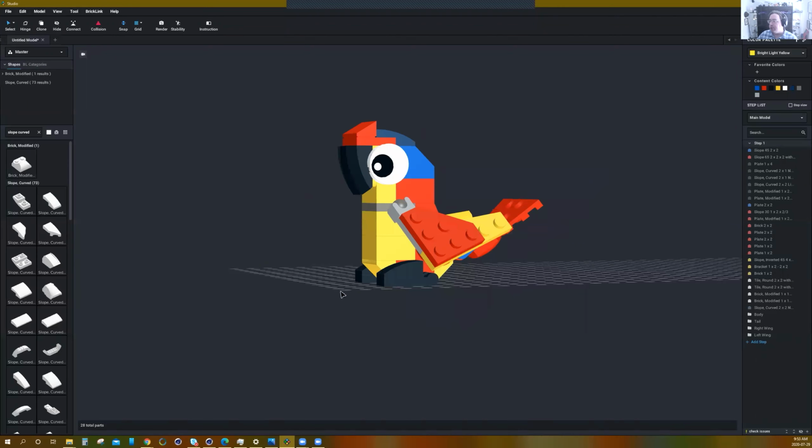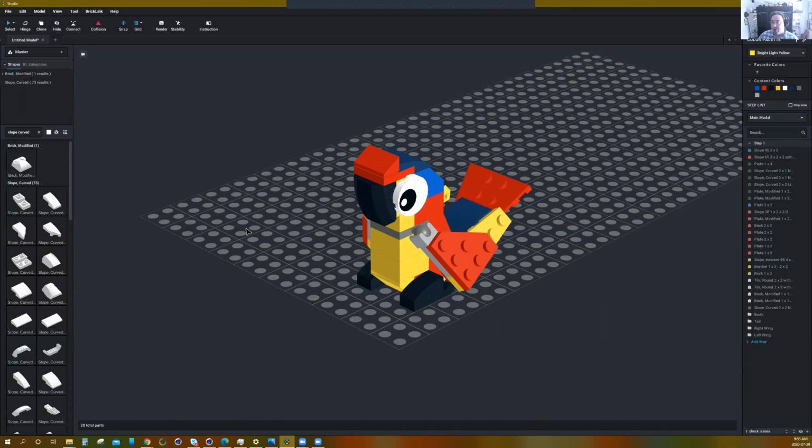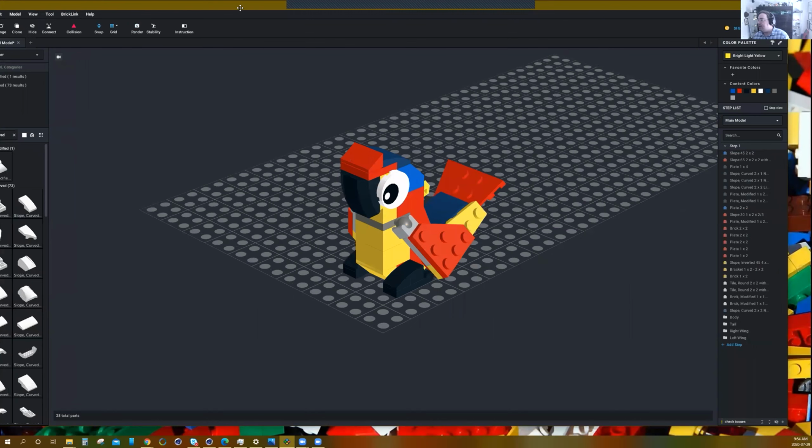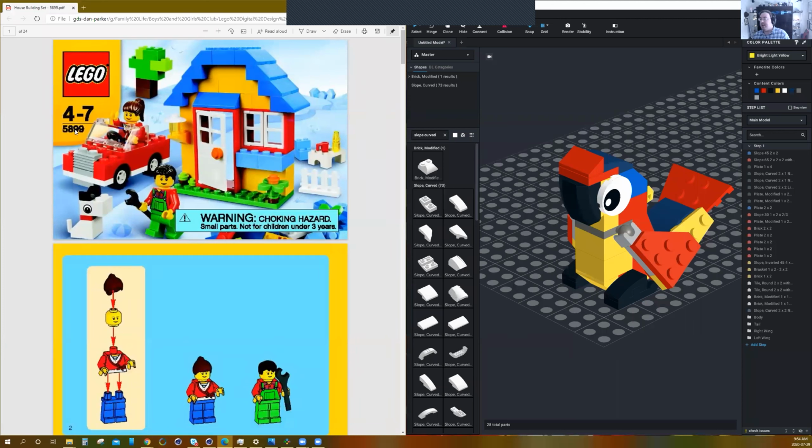So today we're going to do the next evolution of that. We're going to build a little car and a house as a set from a real Lego set. First, just like with the parrot, we're going to import the set. I'm going to pull up the instructions so we can see the set number, and that's right here, 5899. This is the cool little set we're going to build. We're going to build this house and the car and the dog and have a couple of the minifigs to